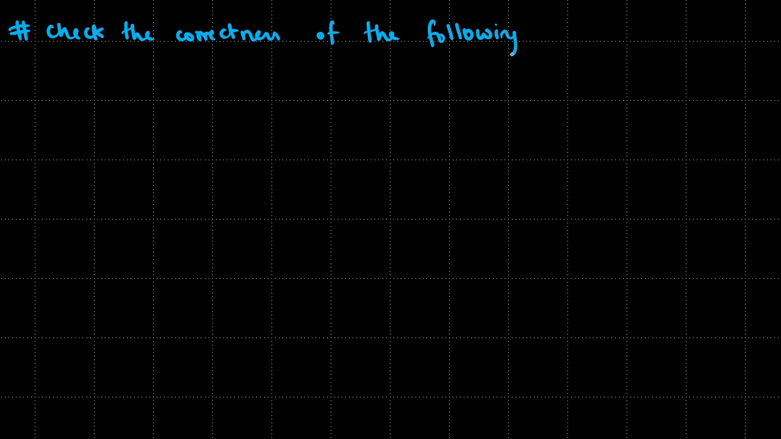Check the correctness of the following physical relations. So we have three over here. The first one is V equals square root of gamma P by rho. This is not R, this is gamma. And here V is velocity,